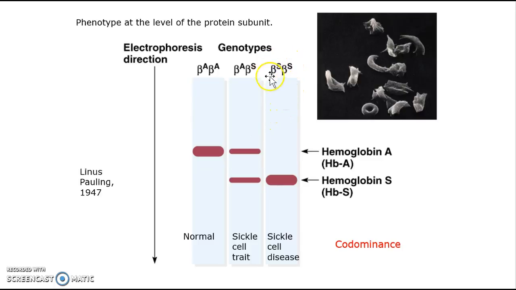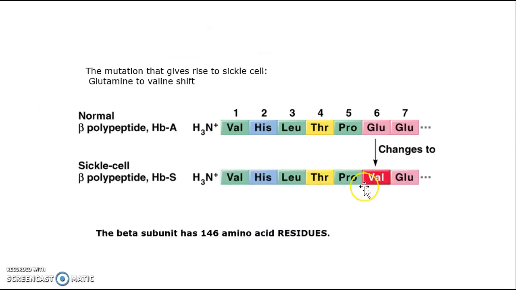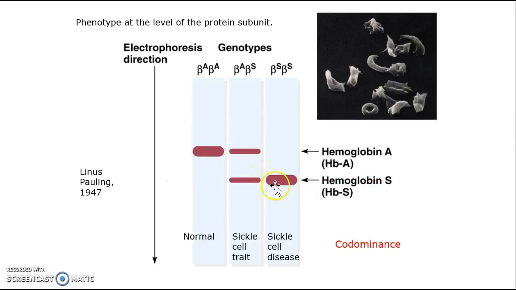Similarly, if you extract red blood cells from a person who has sickle cell disease, so they're very, very sick people, you're going to be doing this at a young age because they won't survive to old age. They have both copies of this mutant allele, and they make, therefore, only one mutant form of the beta subunit. And so it will run to a different place by gel electrophoresis because it's chemically different, but it's all one